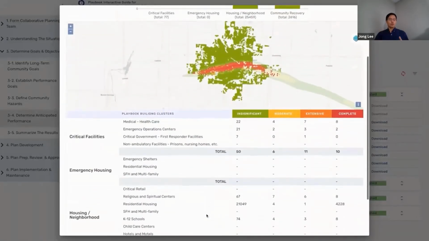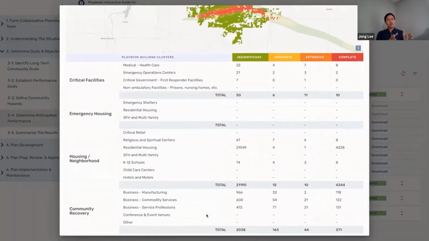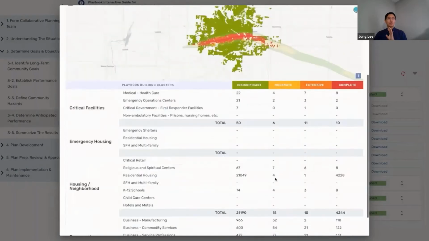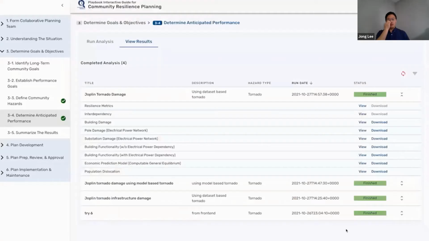And the bottom shows the building damages. It is categorized by main category, and then there are subcategories of buildings. And then you are able to see the different damage states: insignificant, moderate, extensive, and complete. And the number of buildings shows up for all of those. And the next one I want to show you is